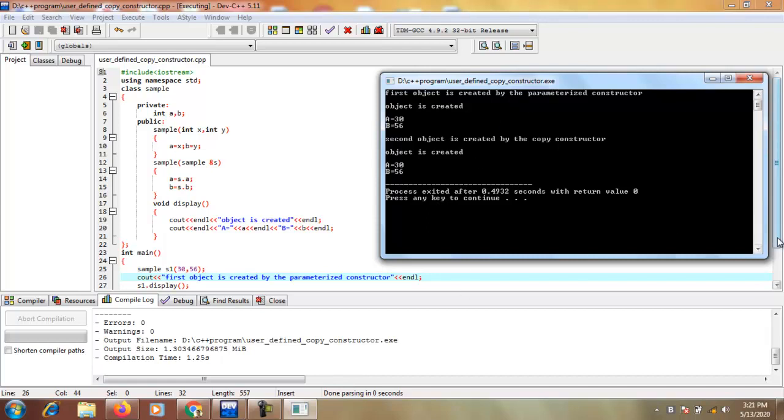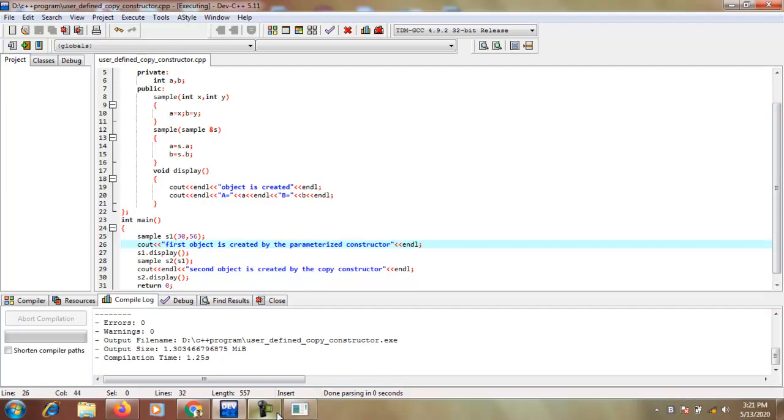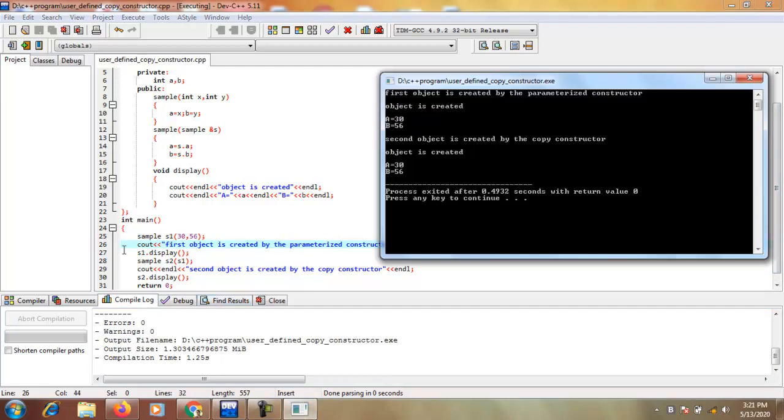Okay, and here you see that after creating the first object S1, when I call the display function, S1 first displays the first line, that is written within double quotation, "object is created". Okay, so you see here.